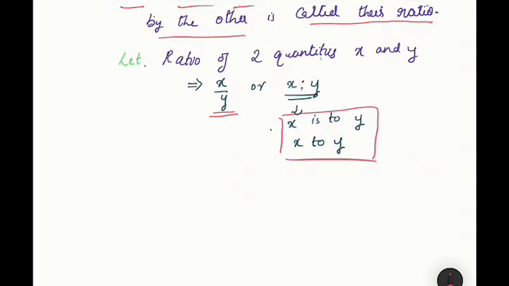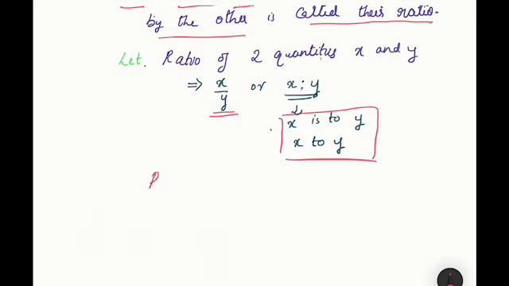Now just go through your page number 96 in your textbook. I'll just explain you few rules given there. Meaning of the two quantities of the same kind and same unit. Just as I was explaining you earlier, what is the meaning of that? If one quantity is length, the other must also be length. If one is height, the other one also should be height. If one quantity represents the mass, the other should be mass. Now what is mass? You know, it is taken in kg. The weight, you mean the mass is weight. Okay. So ratio between unlike quantities has no meaning.